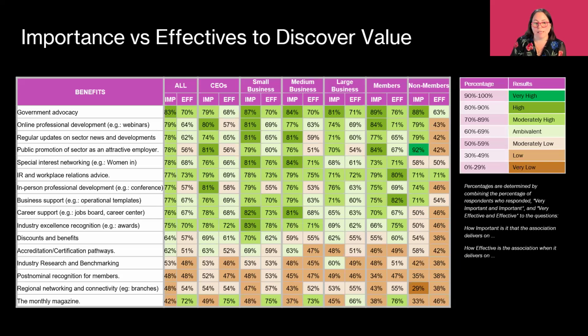So you can see here, looking at this table, government advocacy is 83% important for everybody, but only 70% effectiveness for the association. So it says, look, it's really important, but you've got some work to do. And this is really important to do in a segmented manner, because you'll find that your vendors, big members, small members, people at different stages of the career life cycle, members, non-members, will have very different perspectives. For example, when you look at this one, you can see the effectiveness ratings from people who aren't members are remarkably low compared to the majority of people who came in.